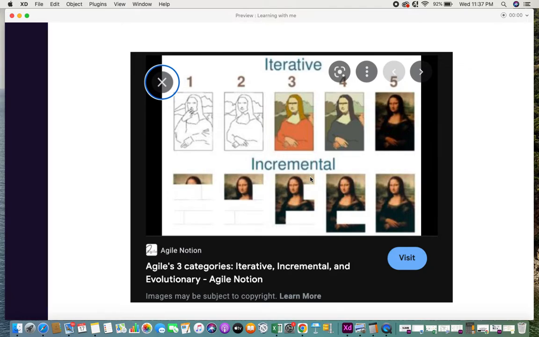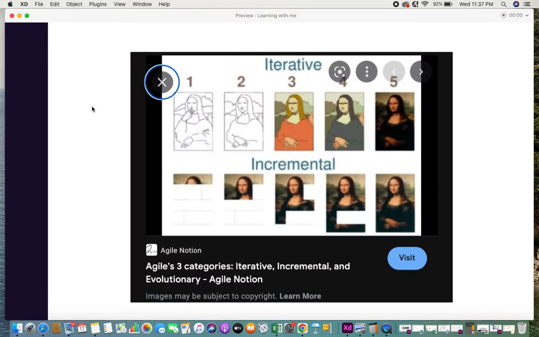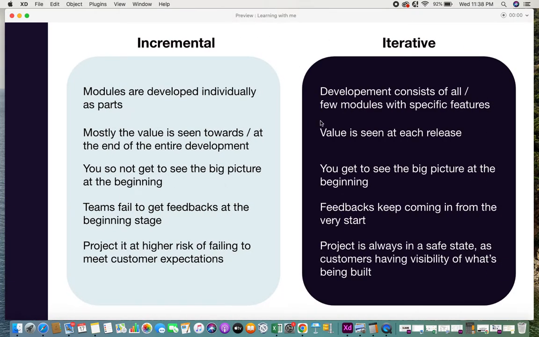I hope you got a little bit of understanding of how both differ. Now, in incremental, modules are developed individually as parts. Let's assume this is the final product that your team is trying to build. When you go to incremental, it's always developed in parts. Let's say these are individual modules that make up the entire product. So in incremental, it's developed in parts, whereas in iterative, development consists of all or maybe a few modules with specific